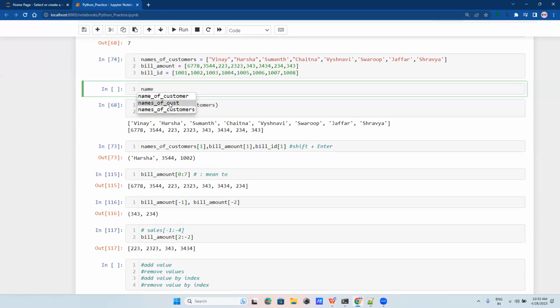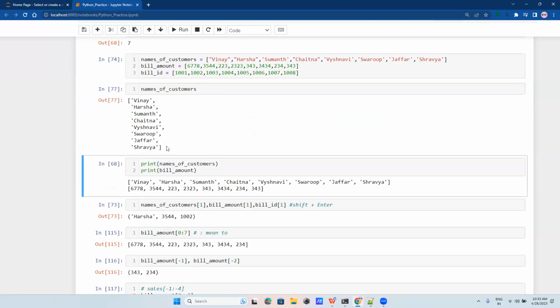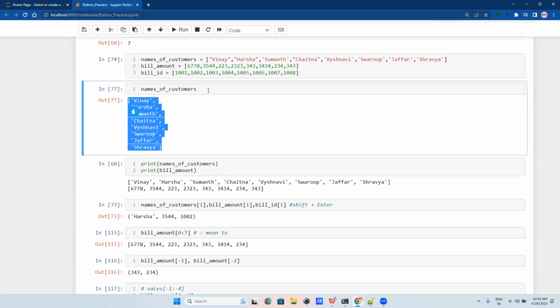So considering currently I just want custom names of customers. I have selected and clicked the enter button. So now I can check what the values of names of customer are, or the values stored in the names of customer list, right? To check what kind of data type the stored information inside the variable is,